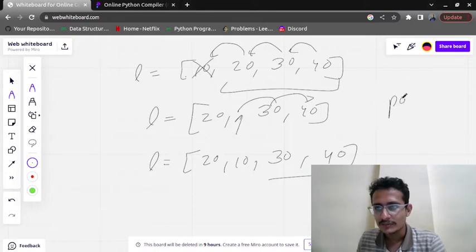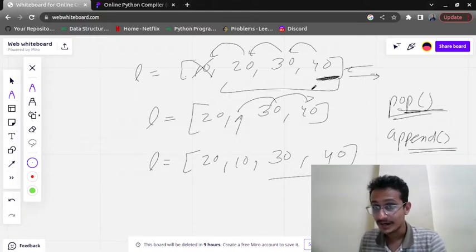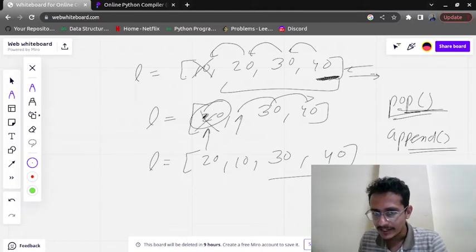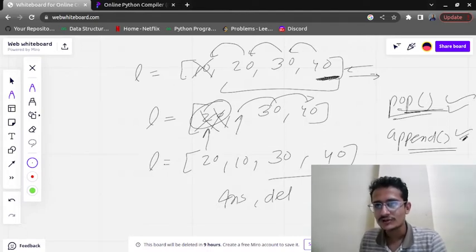If I want to remove an element or add an element at the end, this is going to be done in a constant amount of time, because addition and removal of an element is done from the last. But inserting an element in between, deleting an element in between, takes time.